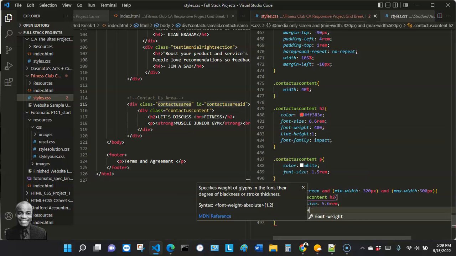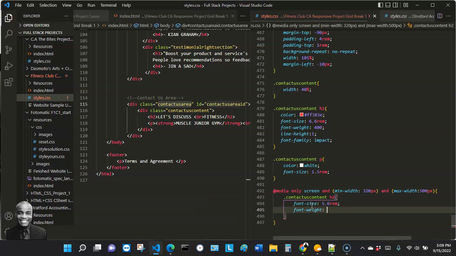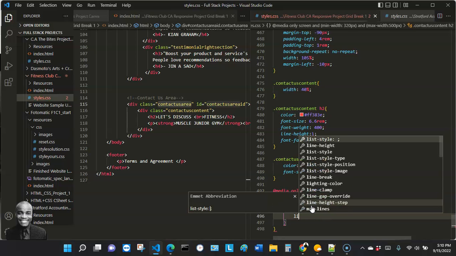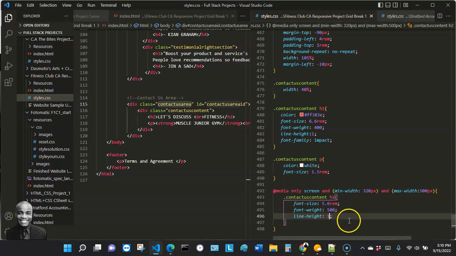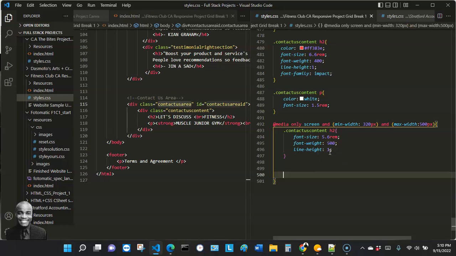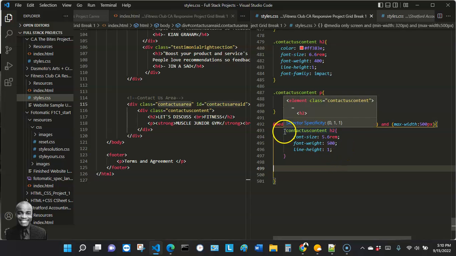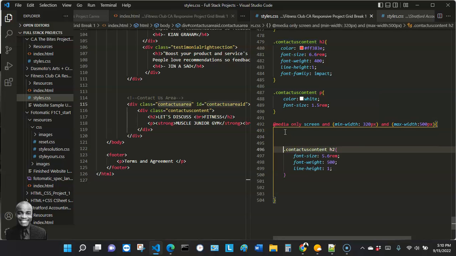Font weight, make that maybe 500. Then maybe in case it needs a line height, we'll set it at 1. All right, and then let's go ahead and do the contact. This is for the contact us header. All right, maybe I'm gonna put this one here on top of it to make it